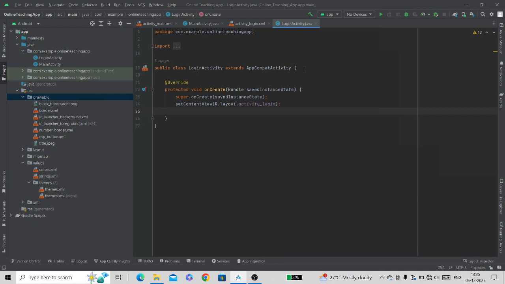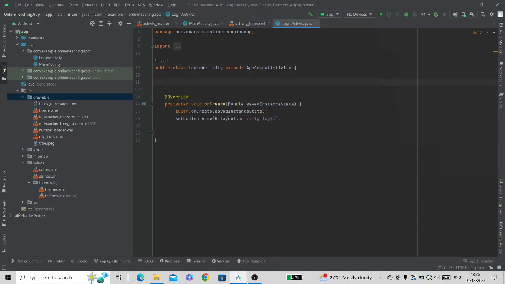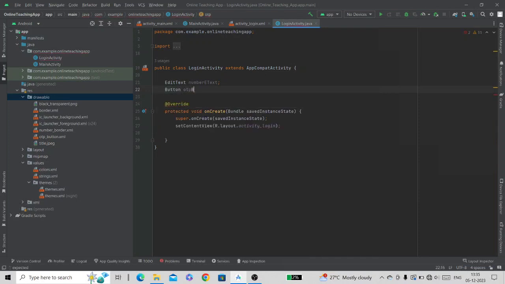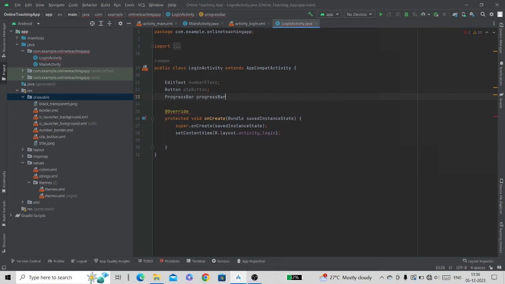So now that we have provided IDs, let's code in Java. Here in this Java file we will first define the views which we will be using. First is edit text, number edit text, then button, OTP button, and then progress bar. Now we will find their IDs here.